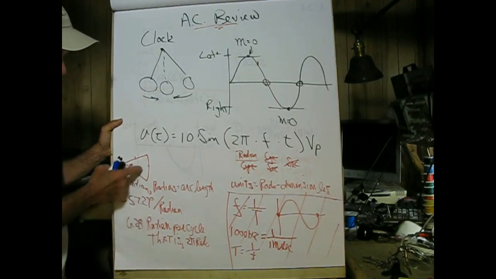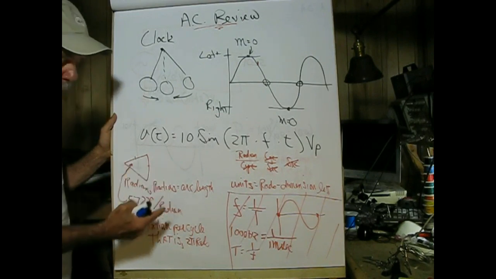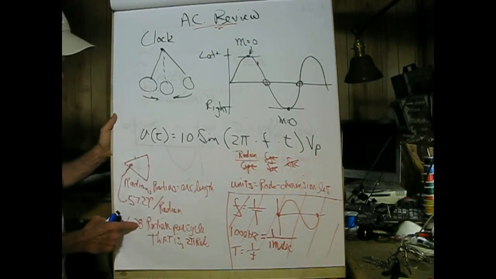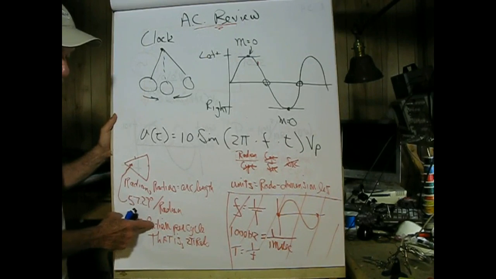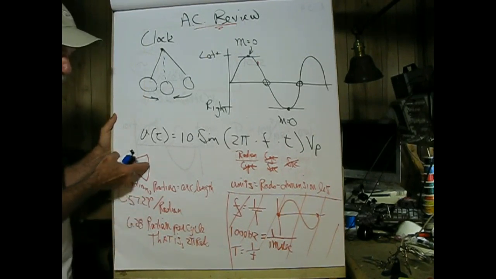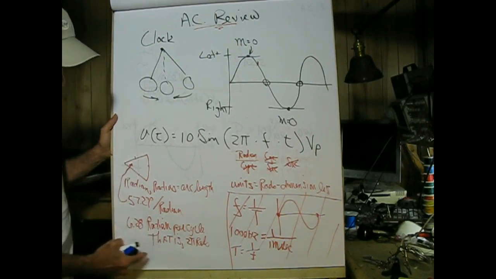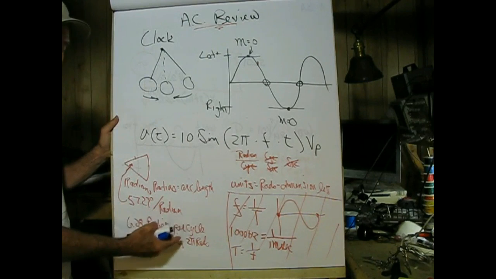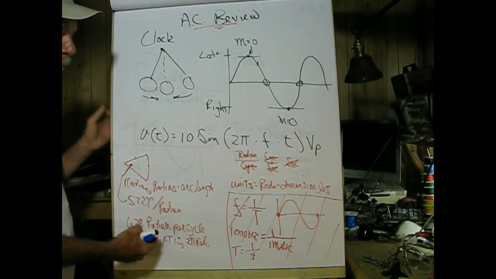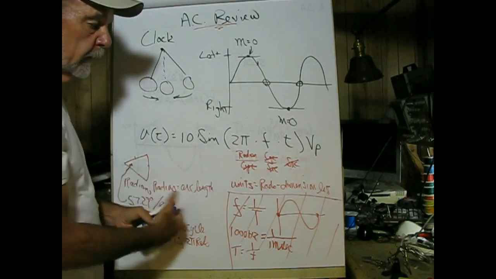So if we wanted to fill up a unit circle with this, or one cycle, we would find that it would take 6.28 radians to do that. 6.28 pieces of pie, if you will, to fill in the pie pan, or basically 2 pi radians per cycle. So that's what we have here is 2 pi radians per cycle,